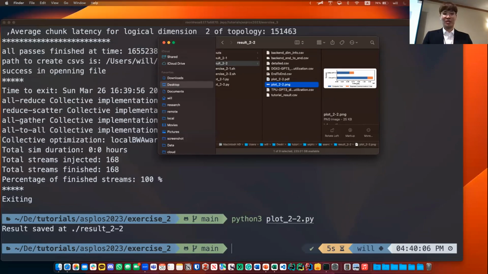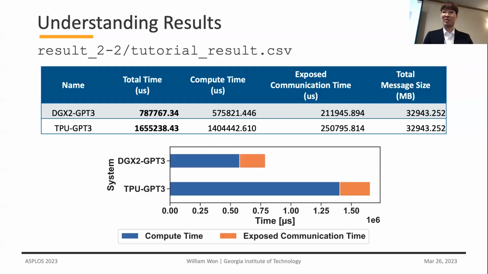So here, the computation trend is the same. GPUs are much faster than TPU in effective